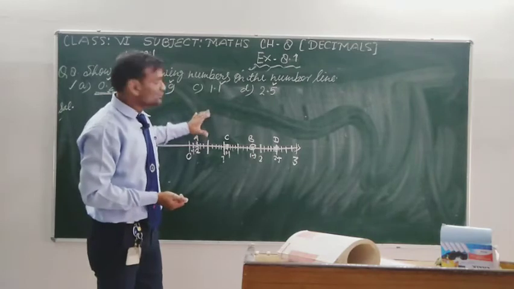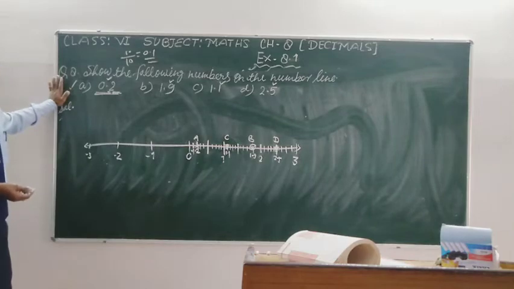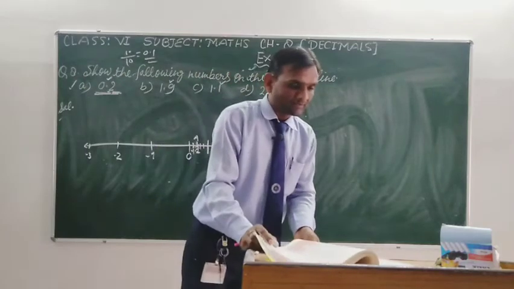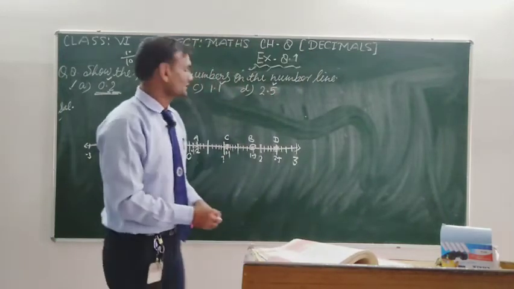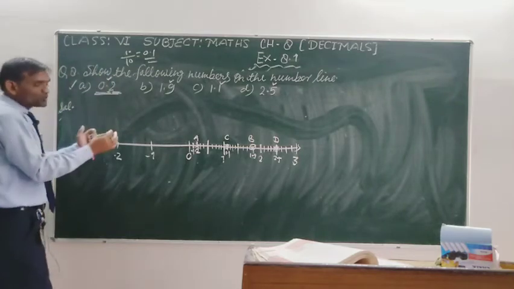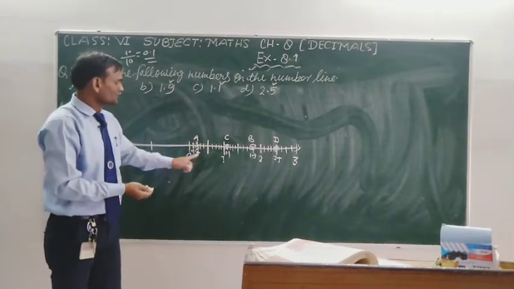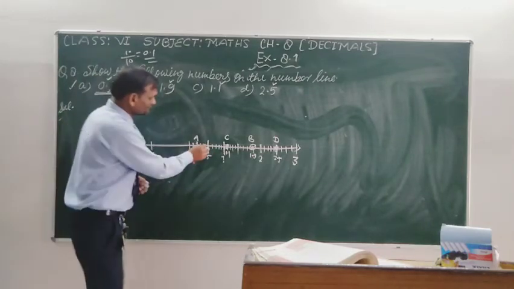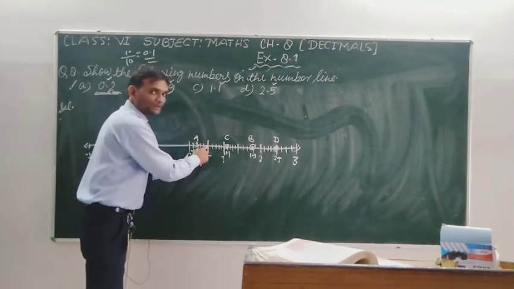According to this question, you will solve question number 7, student. आप question number 7 solve करेंगे. But in question number 7, one extra thing is given: which of these whole numbers is nearer to the number. अभी मैं आपसे पूछूं कि पॉइंट 2 किस होल नंबर के नियर ज्यादा है. देखिए, this is 0.5. 0.5 is in the middle of 0 and 1. 0 और 1 के बीच में है.